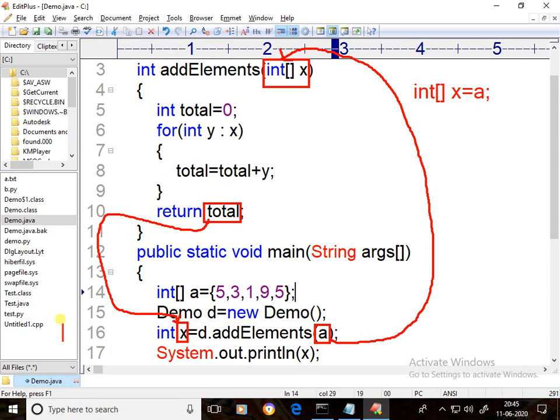Then this statement becomes int x equal to total. This is the reason we are calling this method with arguments and with return value. Here the array of elements is not copied, just the hash code is copied. With that hash code only we can access the array of elements. Okay.